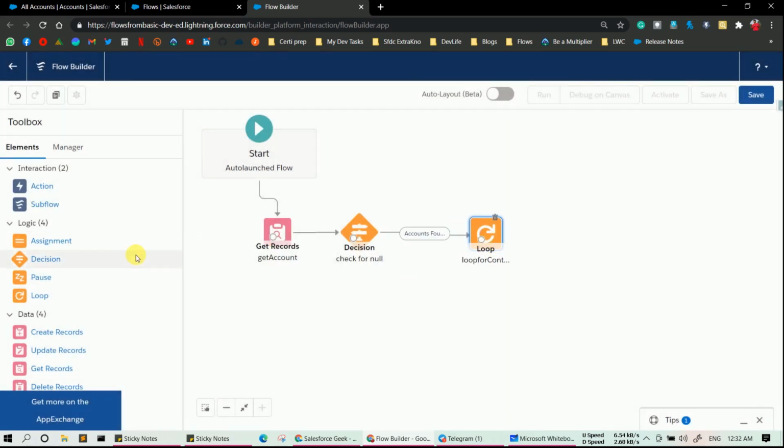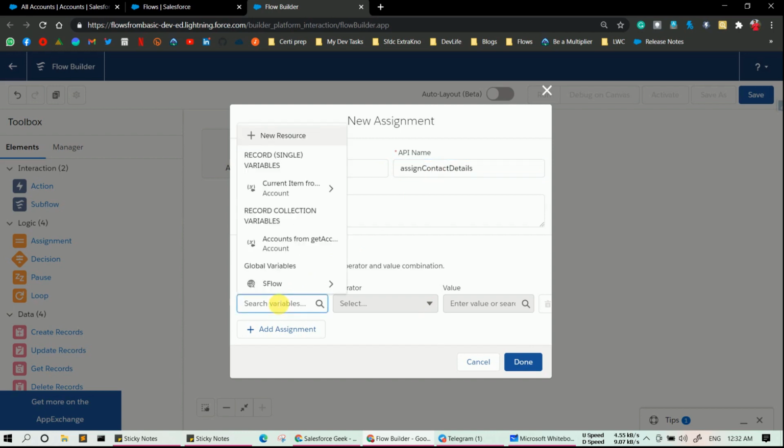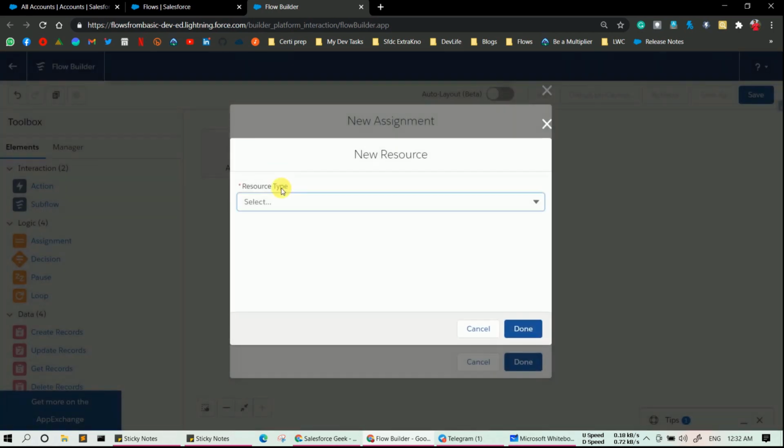Now drag and drop an Assignment element over there, and we are going to create an instance of a contact. For that, let's say Assign Contact Details. The API name will be automatically populated, and for the variable you need to create a new resource and select Variable.